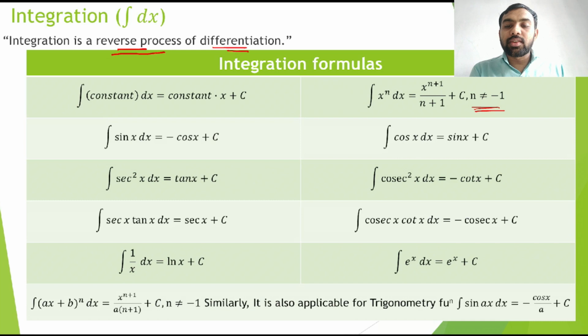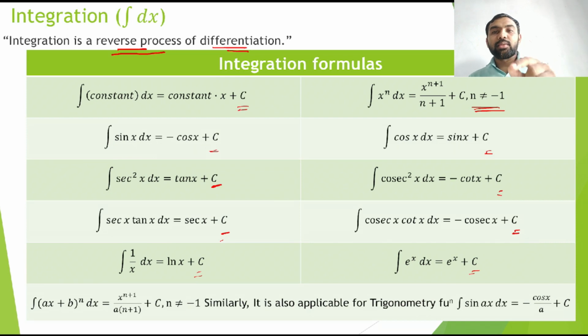Here, everywhere the constant c is given. So why do we put this constant everywhere? See, in all these formulas c is present. What is the differentiation of sin x? It is cos x. What is the differentiation of cos x? It is minus sin x. So here the integration of sin x is equal to minus cos x. Integration of cos x is equal to sin x.